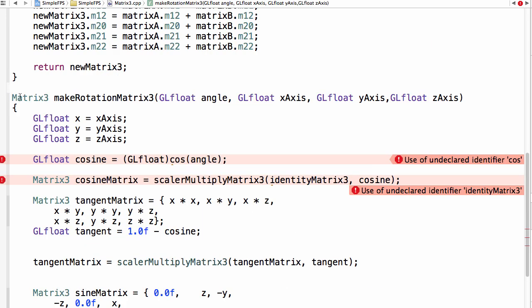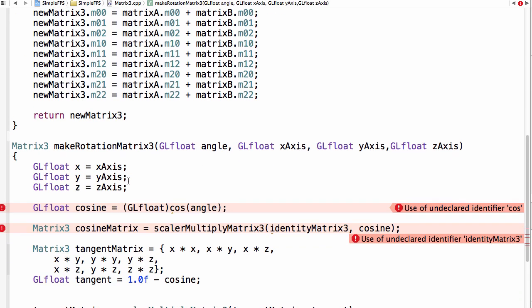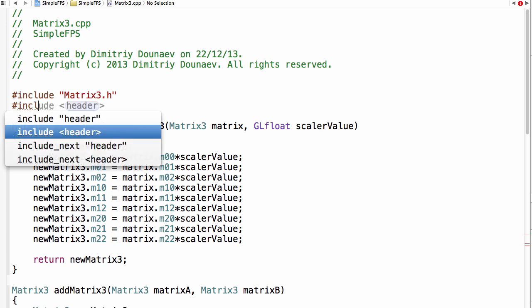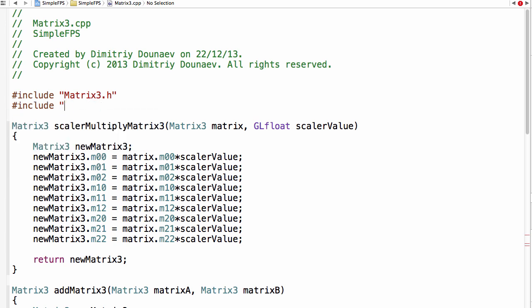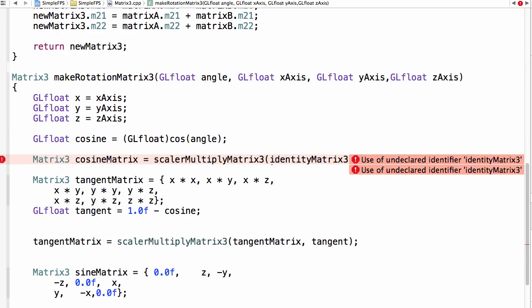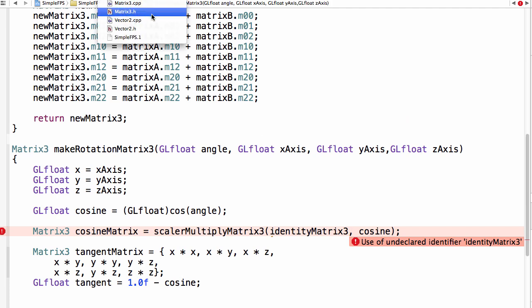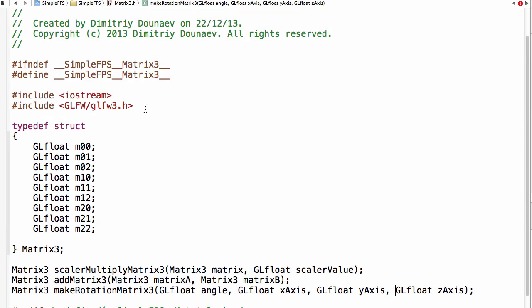Now in theory this should work, but it doesn't because there are some mistakes here. Of course, in our matrix3.cpp we should actually include math.h, and then we have one more. Of course, yes, I forgot about this. Yeah, so go to matrix3.h